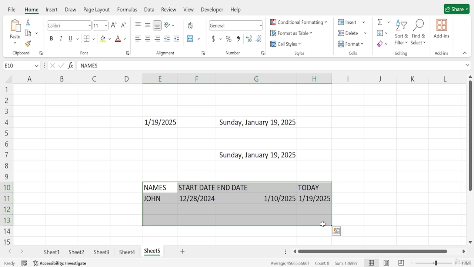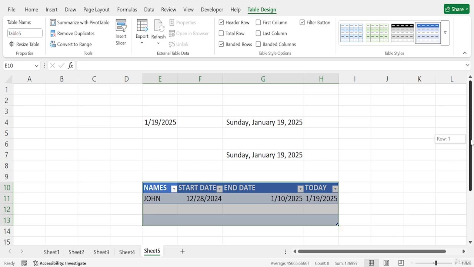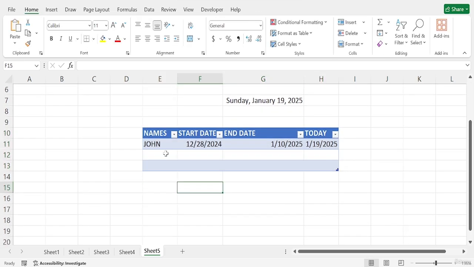So you can make these functions, and if I press Ctrl T, it will give me a short data set. You can take information from your company like this.